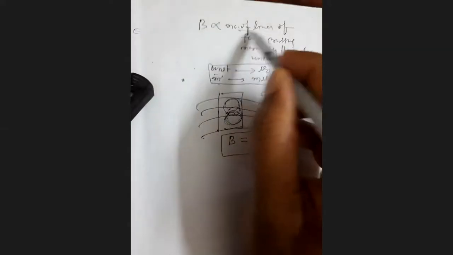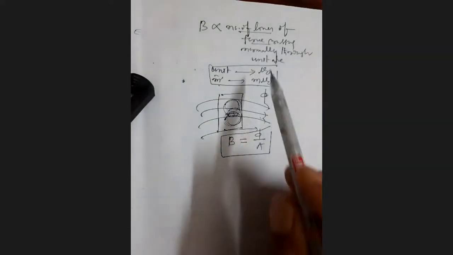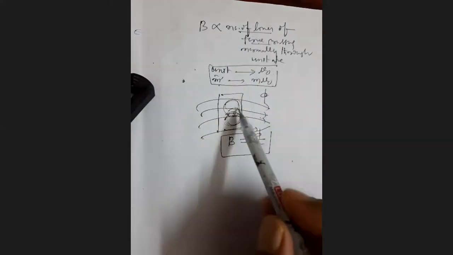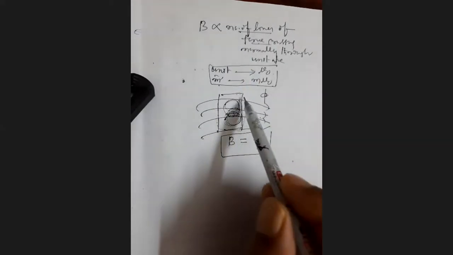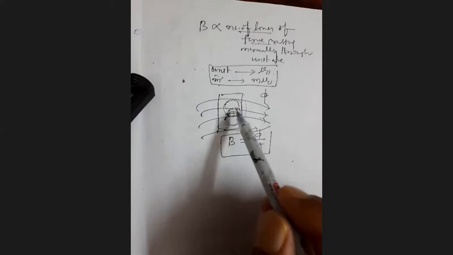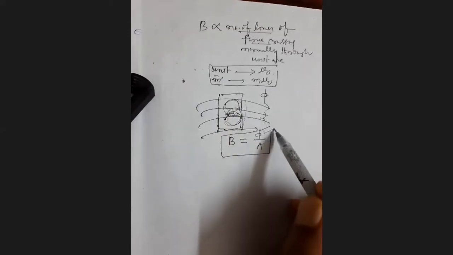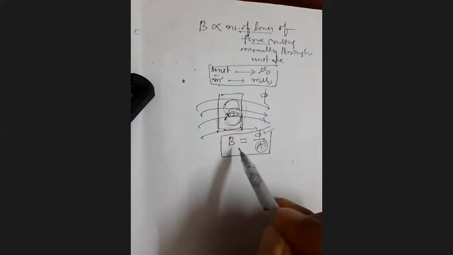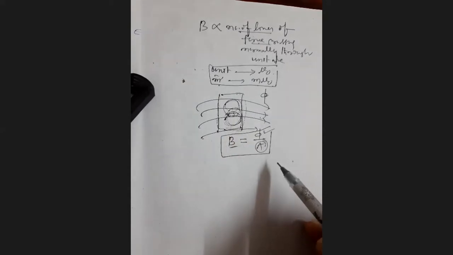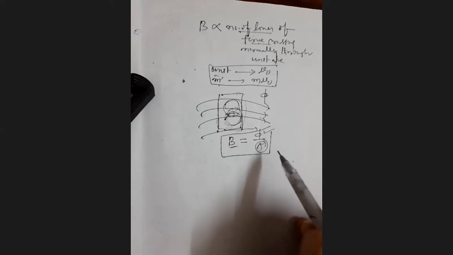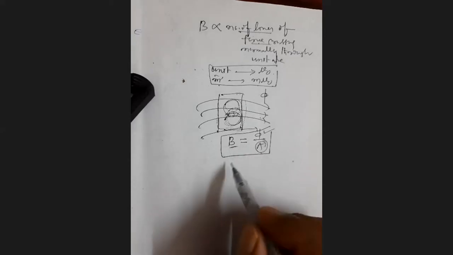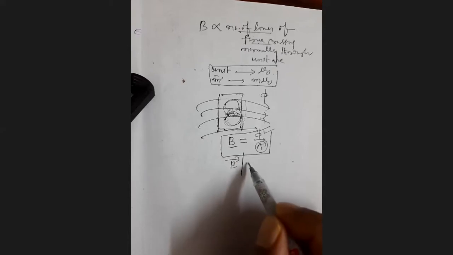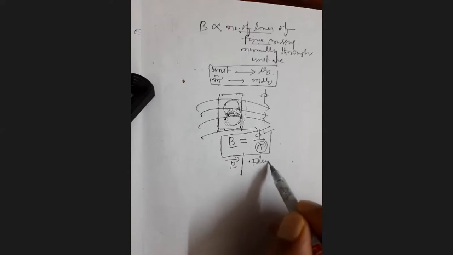So already I explained here. The number of lines of force passing normally through the considered area is called magnetic flux. The number of lines of force crossing perpendicularly through the unit area is called flux density or magnetic induction field strength. So this is the flux per unit area. Therefore, magnetic induction field strength is also named as field vector, and it is also called flux density.